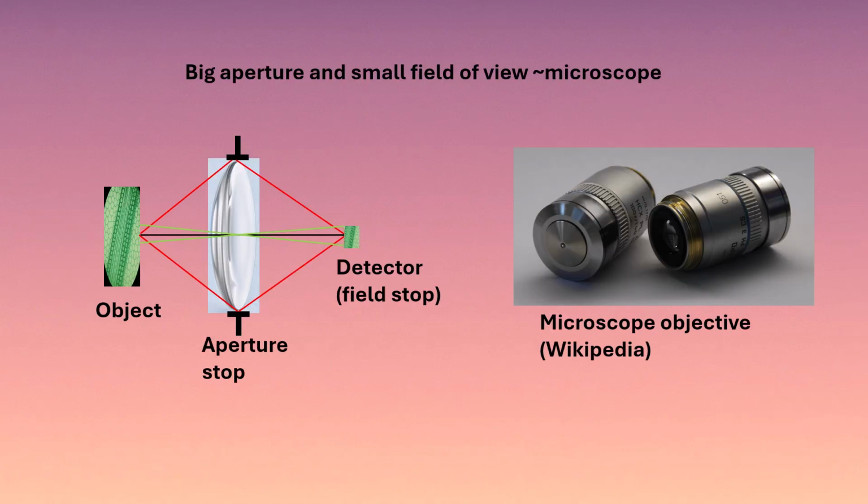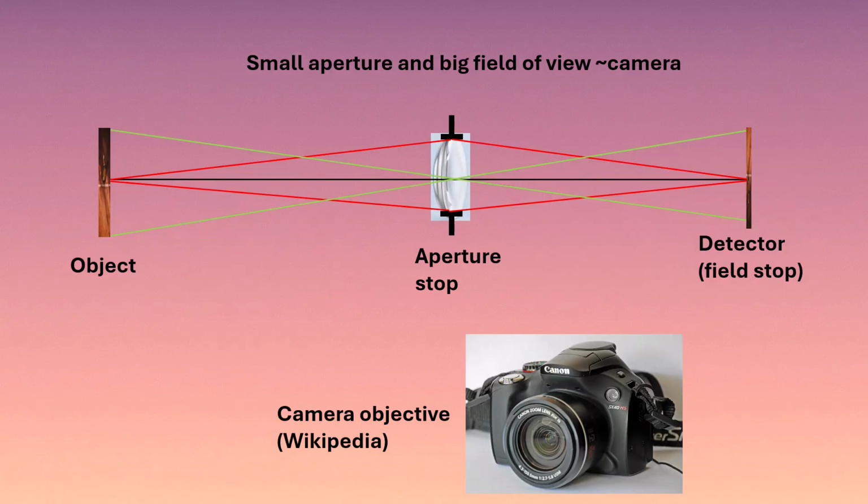Depending on the application, the design of the optical system will vary. For example, when imaging a small biological sample, a microscope objective requires a small field of view to capture fine details and a large aperture to gather plenty of light from those details. If the goal is to capture details of a large scene, like a tennis match, a camera with a wide field of view and a moderate aperture is typically used.